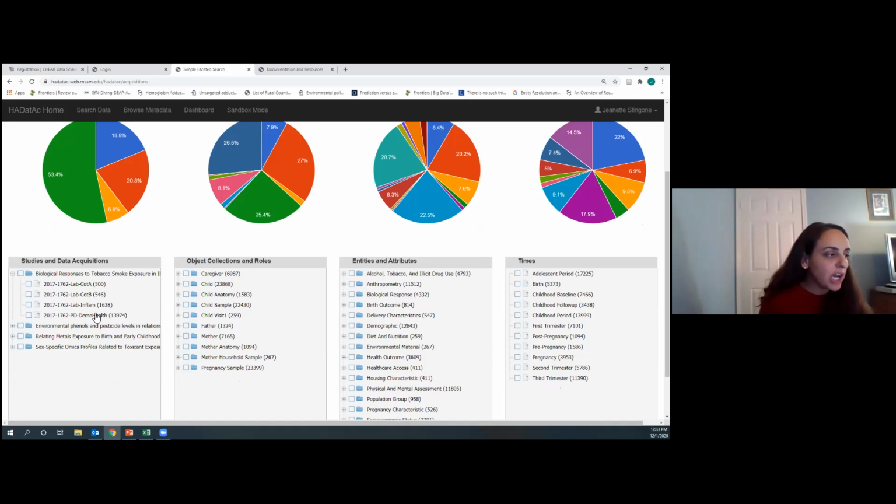The other thing we have done, again, to make things really transparent and understandable, is we have differentiated data that comes from the HEAR labs from data that is supplied by the parent study. So when you see lab, that means that file comes from the HEAR lab. Those data were generated by a HEAR lab. If you see PD, that means